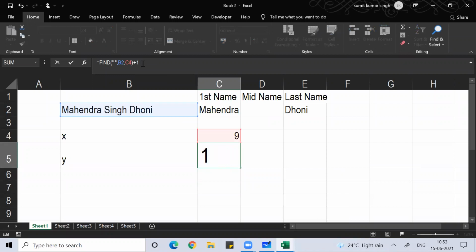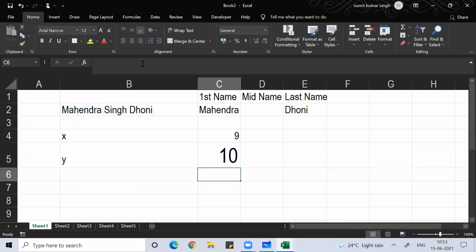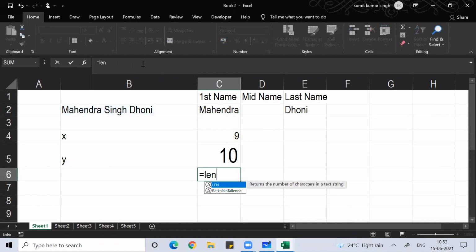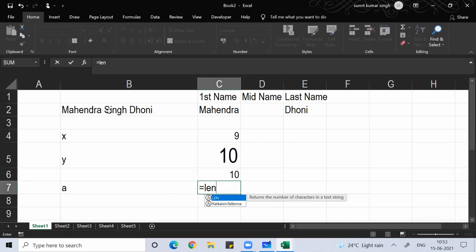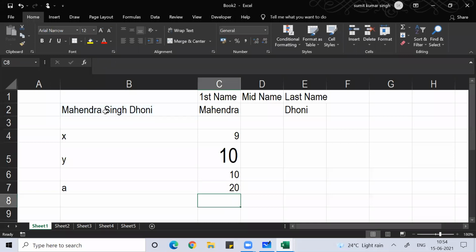Now I used the length, this is the length, minus this 10, so I got another 10. The total length of the name Mahendra Singh Dhoni is 20.